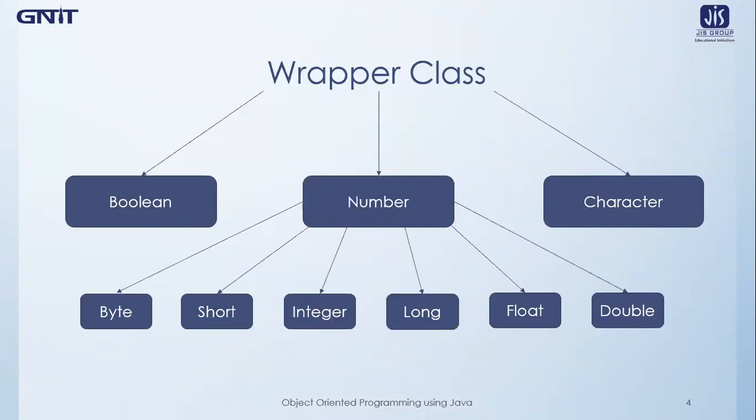So every primitive data type has a wrapper class associated with it, and if you want to deal with that primitive data type, you have to use its corresponding wrapper class in order to do the operation. Just like I have used the Integer wrapper class to deal with the primitive data type int. Now this is the main function, and these are the types of wrapper classes that are available in Java. And I have also discussed the main function of using wrapper classes, which is to give every primitive data type an object appearance and to do vice versa.